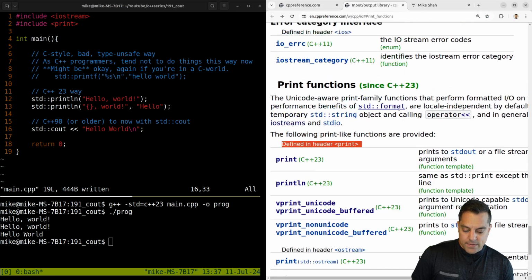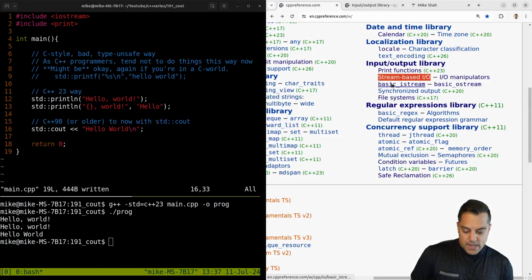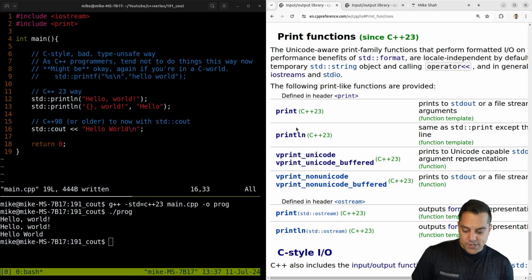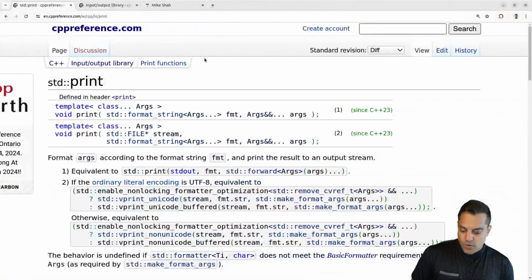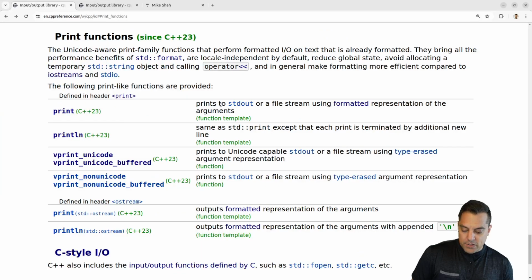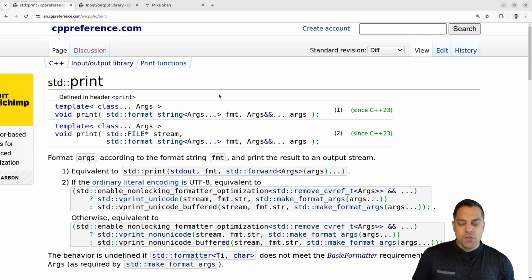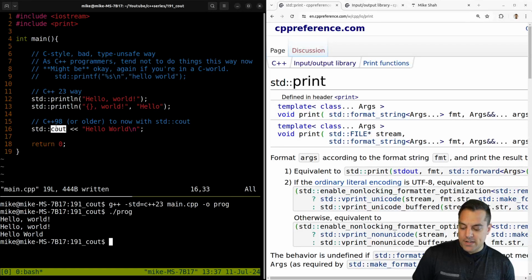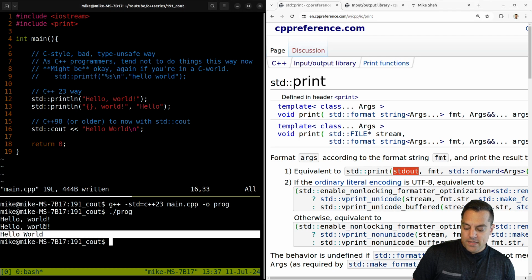And actually, I have this open already. Let's just start from the top here. And I want to compare it with our print functions here, where I do have the ability to print to standard output or a file stream, for instance. So I can do a lot of the things I can do with print that I can do with cout, right? What I mean by printing to standard output, which is labeled here, that is